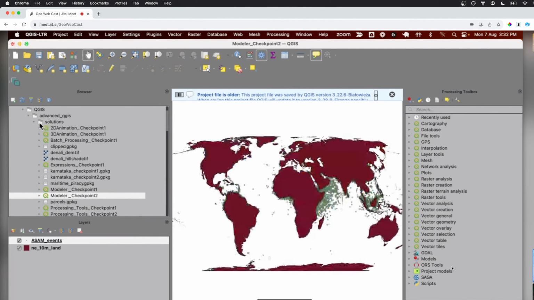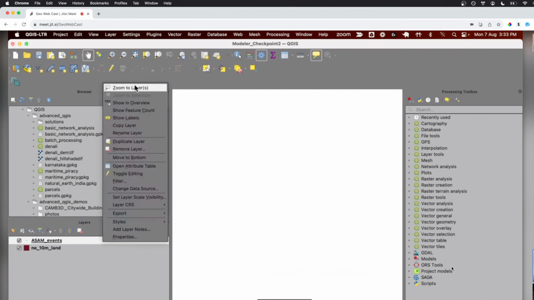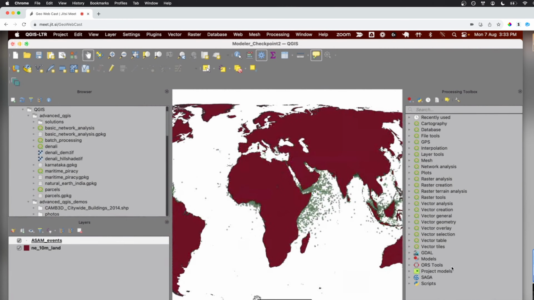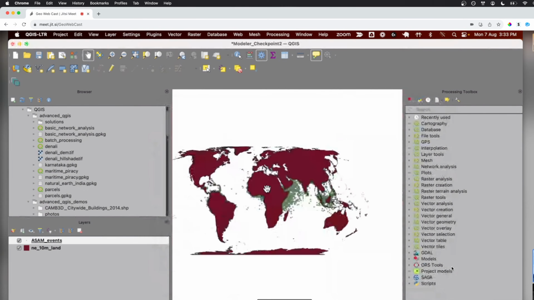I'm showing you an example from my course on Advanced QGIS, where I teach about automation. We'll take this problem. This is a really interesting data set of maritime piracy. Every time pirates attack a ship, there is a database of maritime piracy that captures the location of that incident, and you get a shapefile like this that shows the incident, the date, what happened there, who the victim was, how many people got injured, and what kind of hostility it was. And we have this global database of maritime piracy.